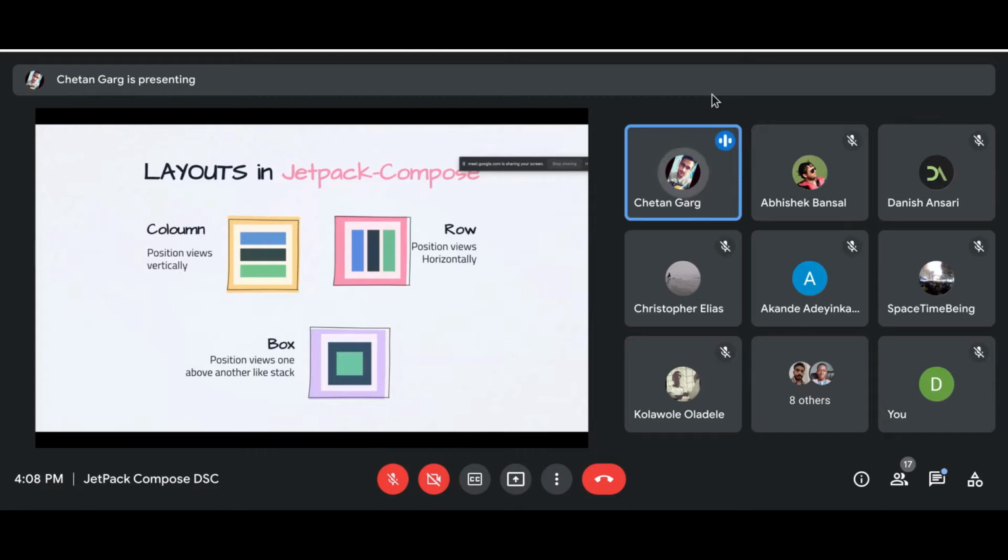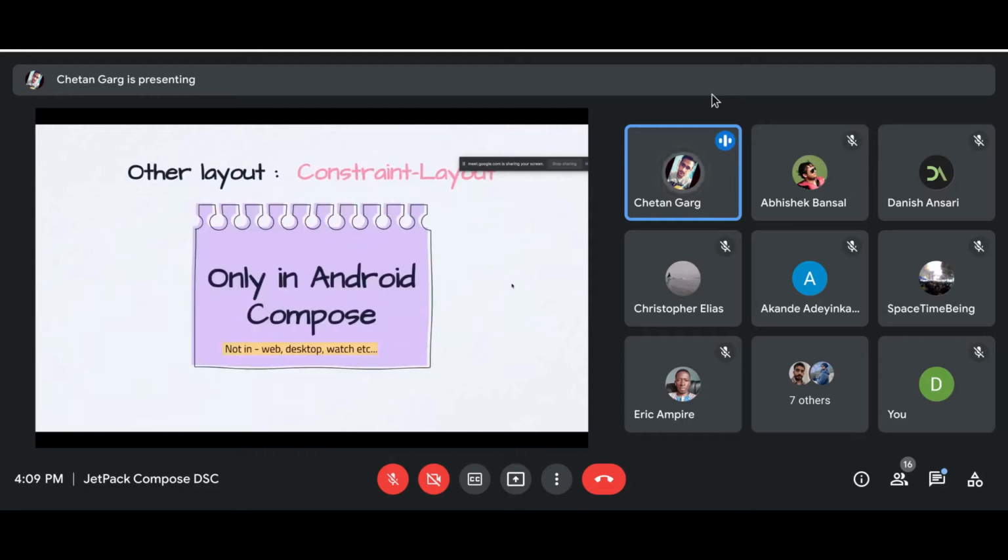When you talk about Jetpack Compose, it's basically working on the fundamental of a core component called composable. You can relate a composable to a widget of your Android UI. You can say that it is a view group or it can be a view, depending upon the context. In Jetpack Compose we have core layouting components, which are these three. First is a column: when you want to position your views vertically, you use a column composable. When you want to position them horizontally, use a row. And when you want to stack one over the other, you use a box.